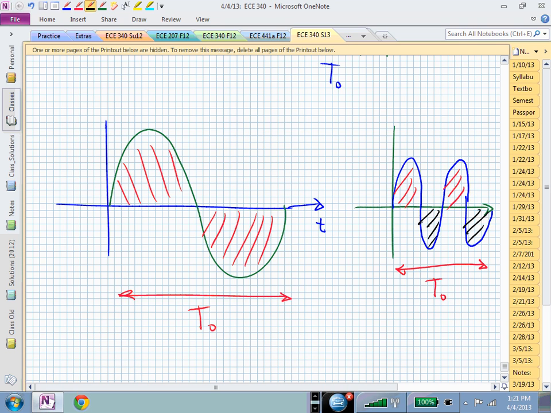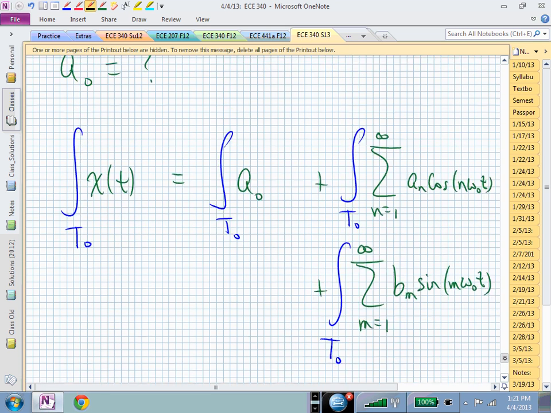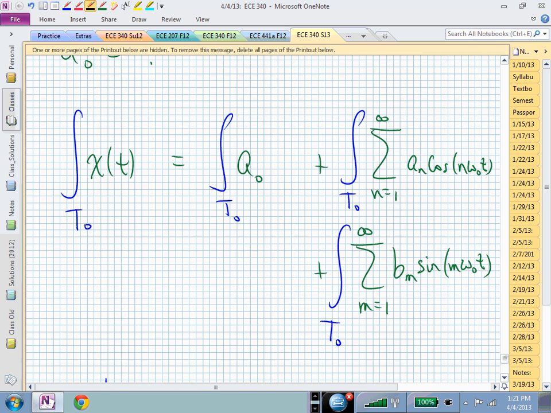And if I just keep going, if I went to the third harmonic, I now have 3 bumps, 4 bumps, 5 bumps. The cosine is the same way. I have an equal amount of positive area as negative area. That allows me to go back up here and say that all of these terms vanish. And now I'm simply left with